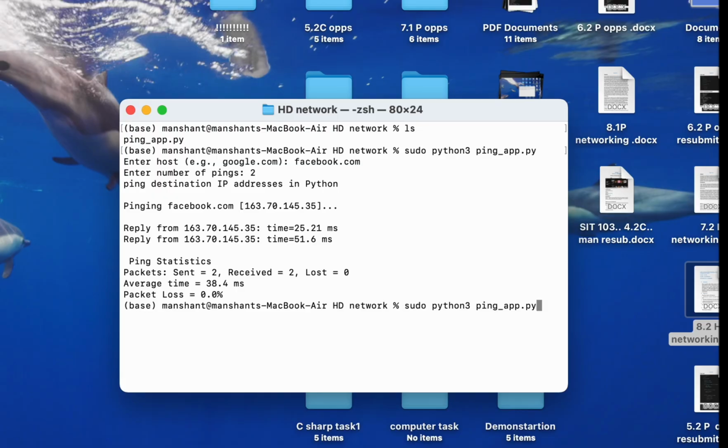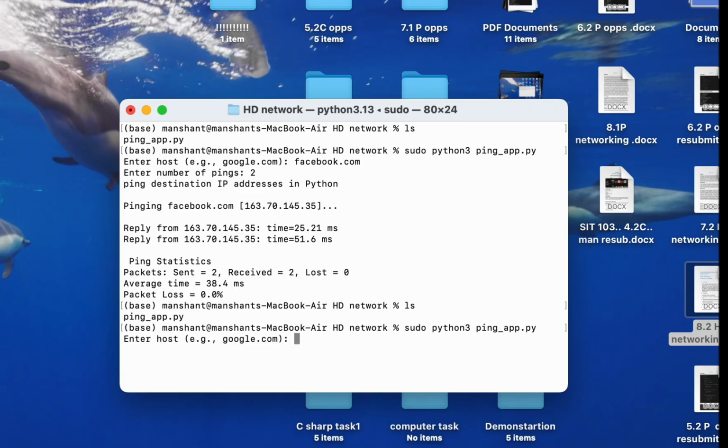In the same way we can see the output for Google also. We can see the output for any of the hosts like google.com, Bing, Yahoo, Facebook.